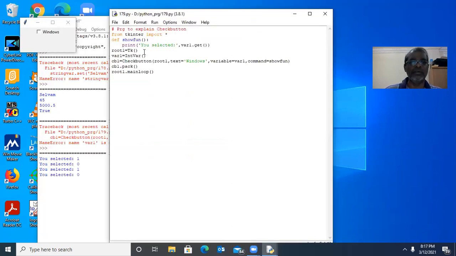So here we are creating one top level window. We are creating var1 as a variable under IntVar because 0, 1 may be stored into var1. We are creating one check button over the top level window with the text Windows, variable equal to var1, command show1, after that the pack. So if you select this one,